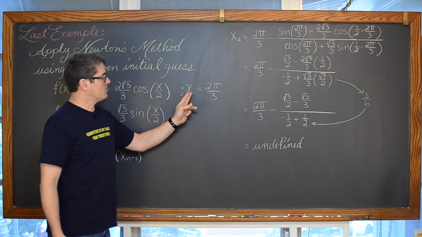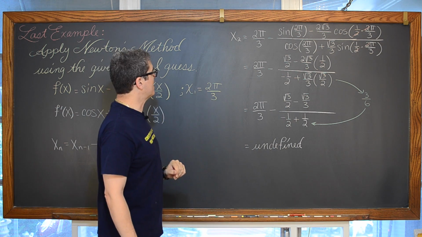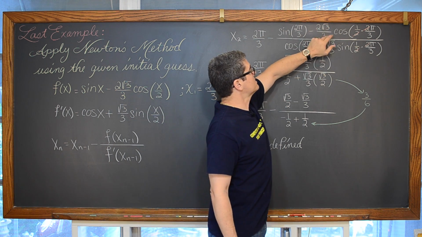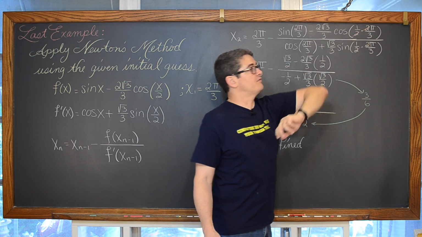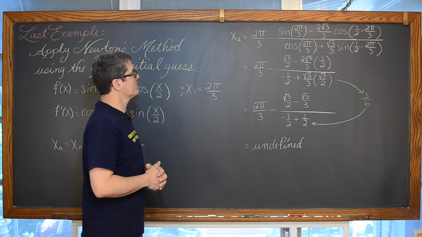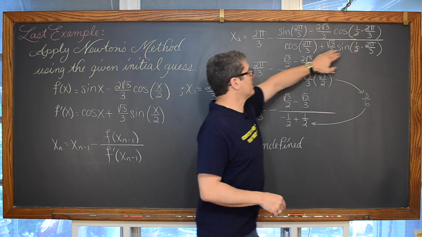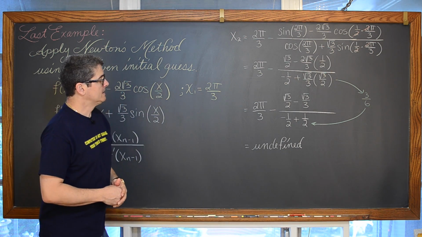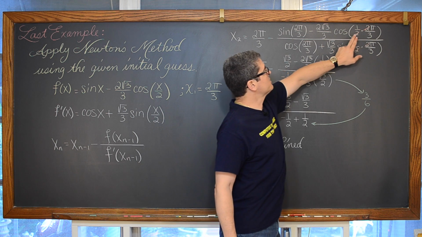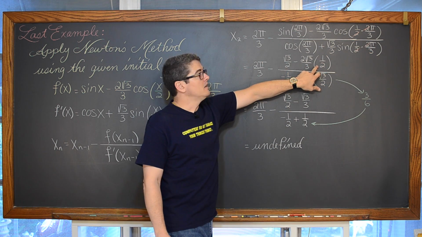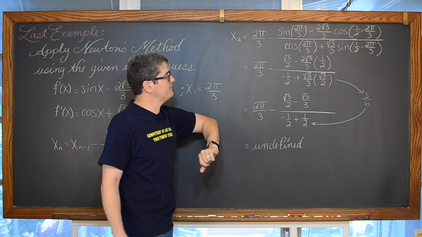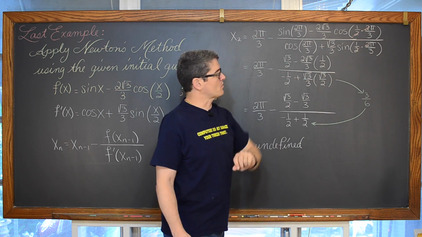So, with our initial guess given to us of 2 pi over 3, x sub 2 is equal to x sub 1 minus the sine of x sub 1 minus 2 square root of 3 over 3 cosine of x sub 1, just plugging that initial guess of the zero into the original function, and then in the denominator we're plugging that 2 pi over 3 into, of course, the derivative. Okay, the sine of 2 pi over 3, using our unit circle, is square root of 3 over 2. The cosine of pi over 3, after those 2's cancel out, is equal to 1/2. The cosine of 2 pi over 3 is negative 1/2, and the sine of pi over 3 is the square root of 3 over 2.